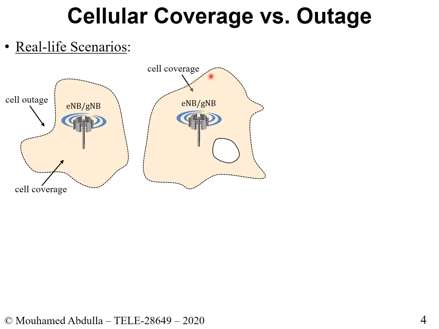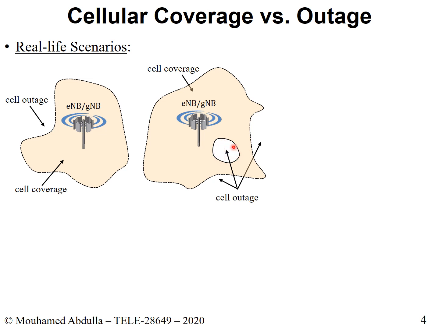If you're farther away, very close to the border, your signal might be bad. You have to move a bit. Sometimes you have to tell people, can you repeat that again? I couldn't hear you properly. The signal is weaker, but you're still covered. Now, if you look at these areas outside the cell, of course, you are not covered. You are outside the cell. And if you look at this area here, it looks like a lake, but it's not a lake. It's still land. It has houses, stores, whatever the case might be. You're still in a city, but you have no coverage.